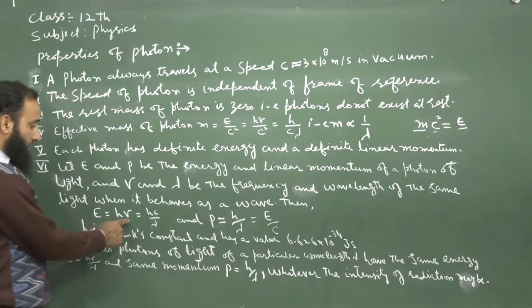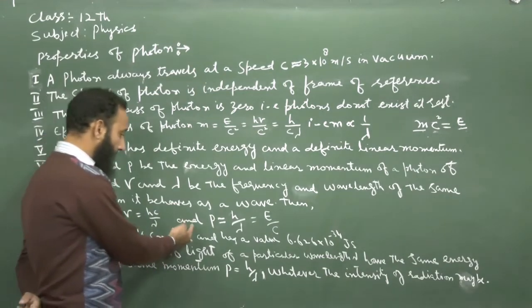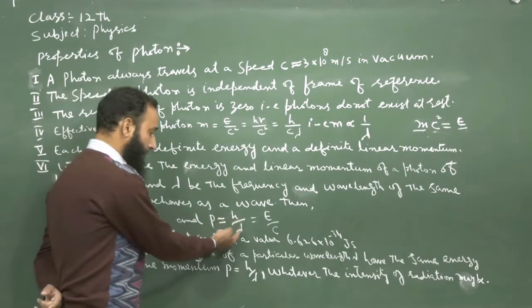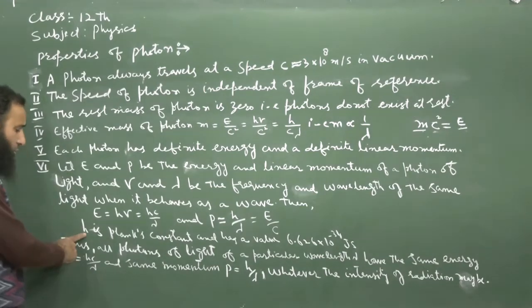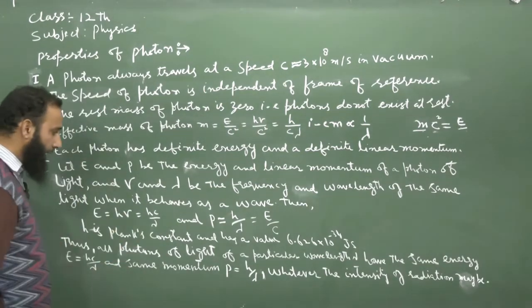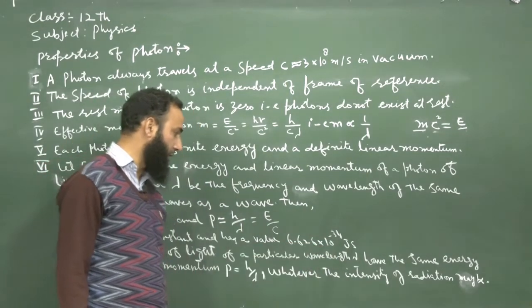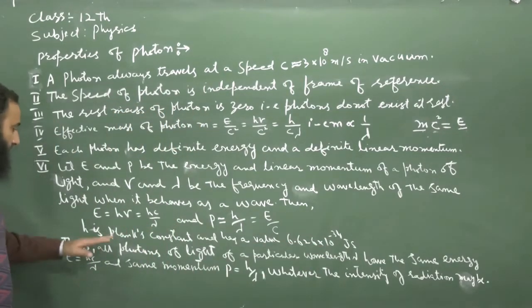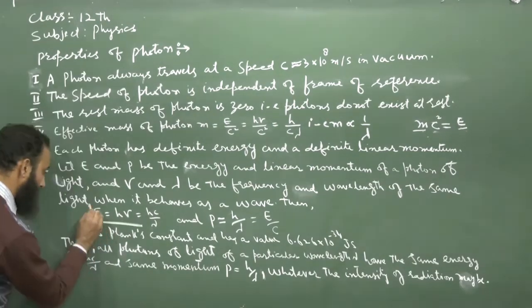is equal to h nu which is equal to hc by lambda after substituting the value of frequency, and momentum is equal to h by lambda which is equal to E by c, where h जो है it is a fundamental constant, you know that is Planck's constant, and its value is 6.626 into 10 raised to the power minus 34 joule second. Thus from this, if you look at these relations,